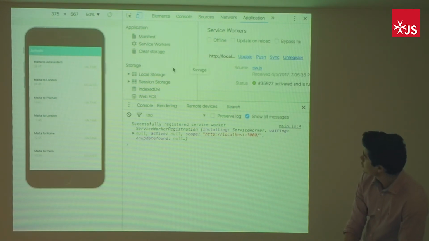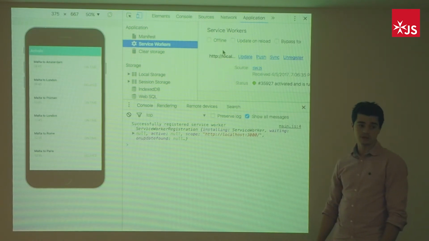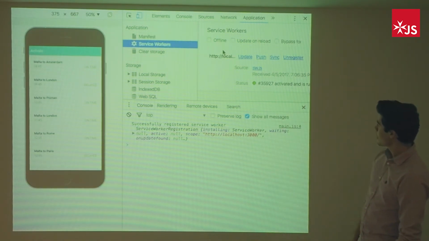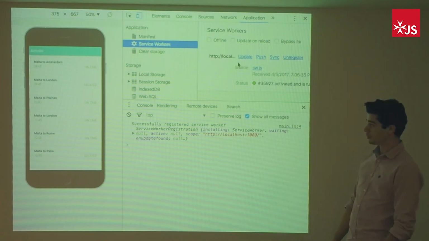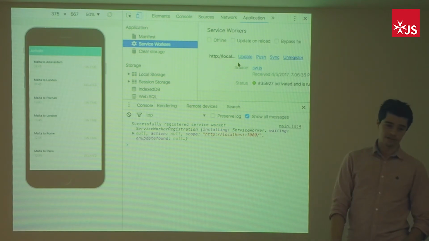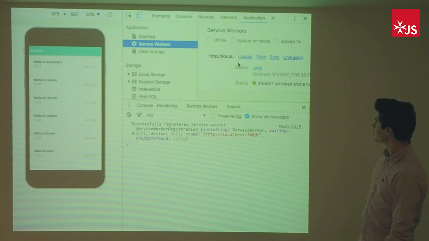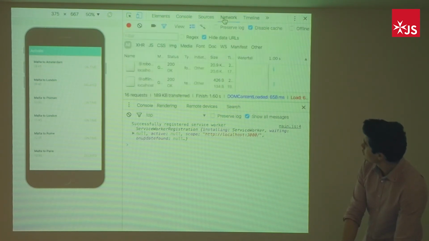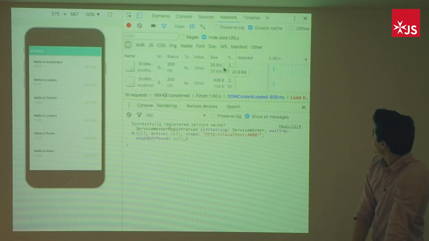under application, you get the service workers, and it will show you all the service workers which are available for this page. And they are used quite extensively, especially from Google's websites. For example, even the offline tab is running through a service worker. So we'll have this loaded over here. If we check the network,